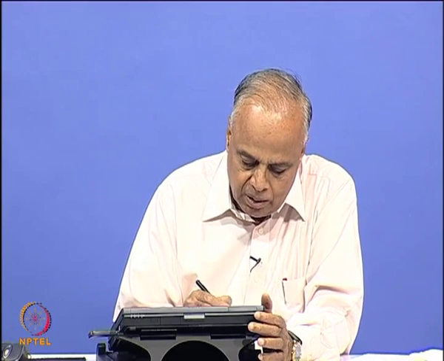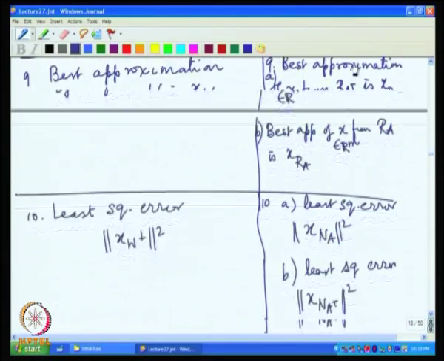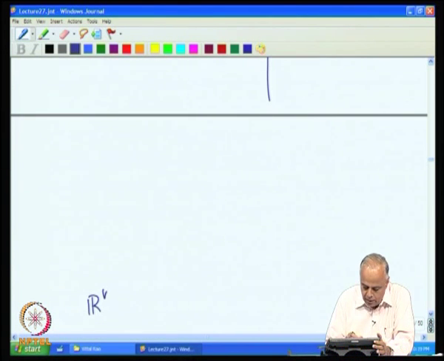So, these are the facts that we will be repeatedly using. Now, the crucial part in all this is the orthonormal basis. We have seen that an orthonormal basis for W and an orthonormal basis for W perp together give me an orthonormal basis for R k. Similarly, the main part, again I repeat, is this: if you now choose R n,